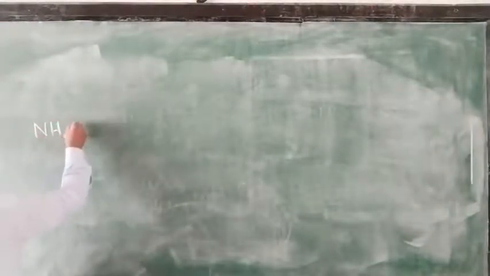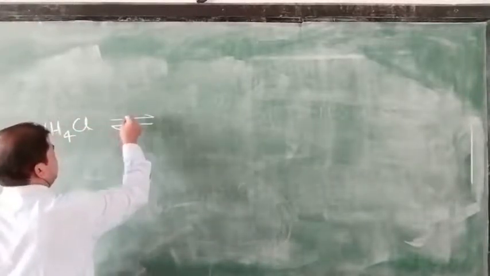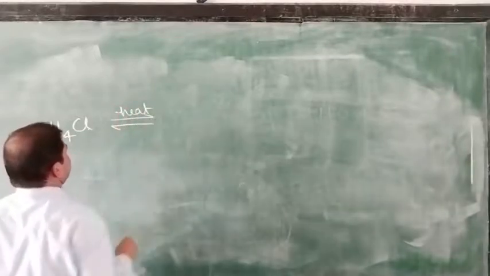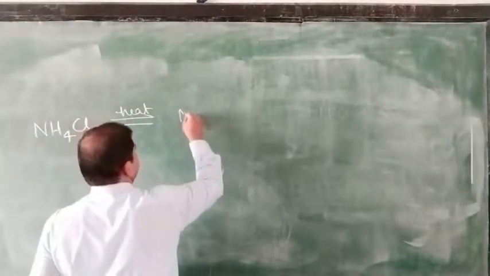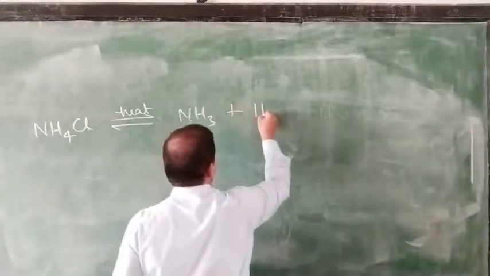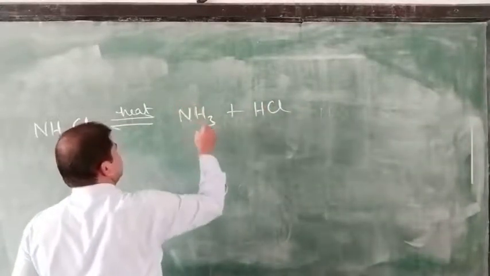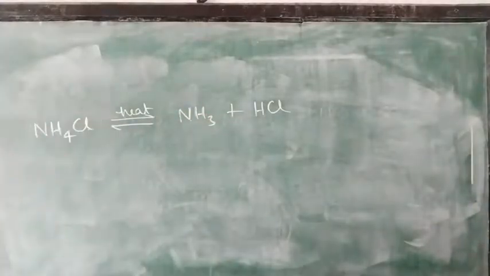So here ammonium salt means next goes here. By heating we get ammonia gas, and this is the basic gas. We get ammonia gas NH3. This is the basic gas. This ammonia has the basic nature. And an insoluble lead salt, found as white precipitate.